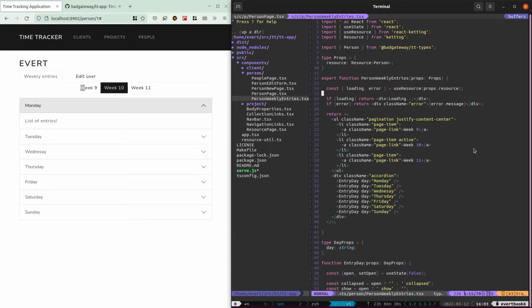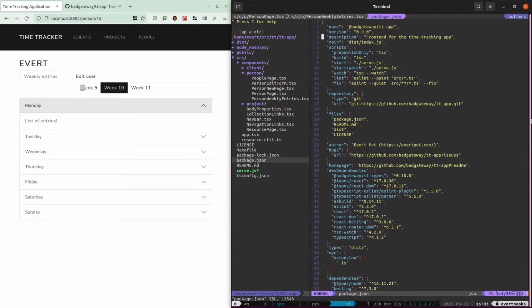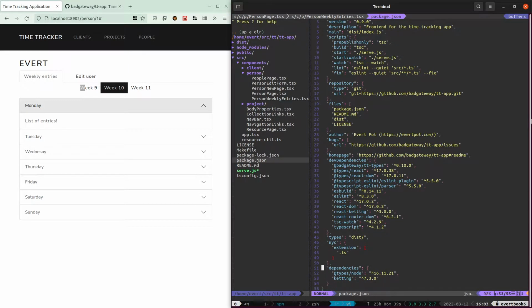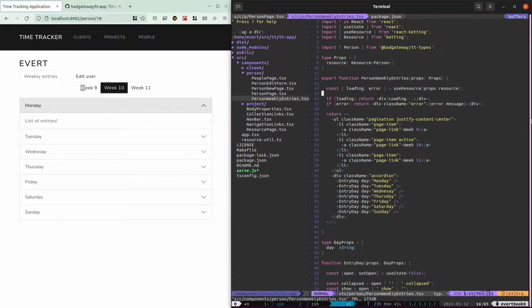To do that, I need a library to handle dates. So maybe I already have it in here. No, it doesn't look like it. Okay, so